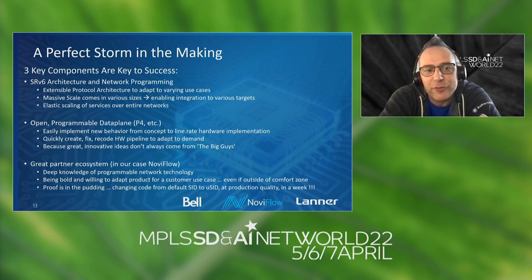And it's also a great partner ecosystem. In our case it was NoviFlow. In the back, we had a lot of work, a lot of collaboration as well from Cisco, because we did the integration with them. So it's a deep knowledge of programmable network technology. With NoviFlow, it was from a crazy idea of a prototype in a lab to making it production grade. It was actually something that was doable with them. They were bold and willing to adapt the product to a customer use case. So we really sent them out of their comfort zone with that project. But they followed, sometimes sweating, but they kept on going, and it ended up being really useful and really successful